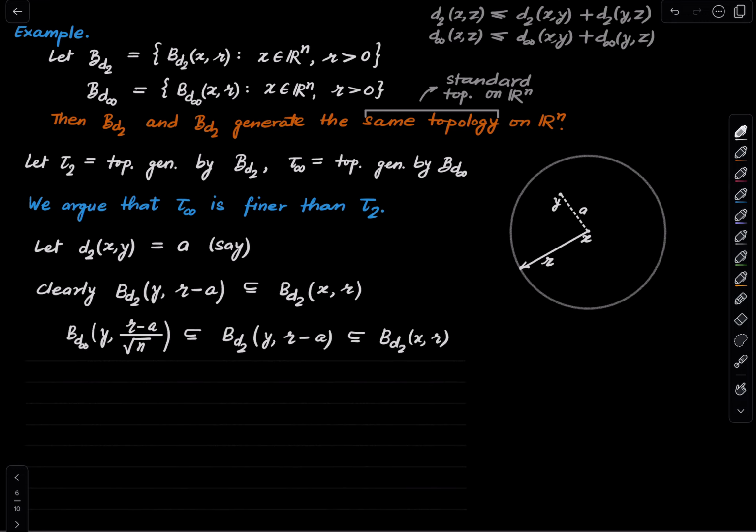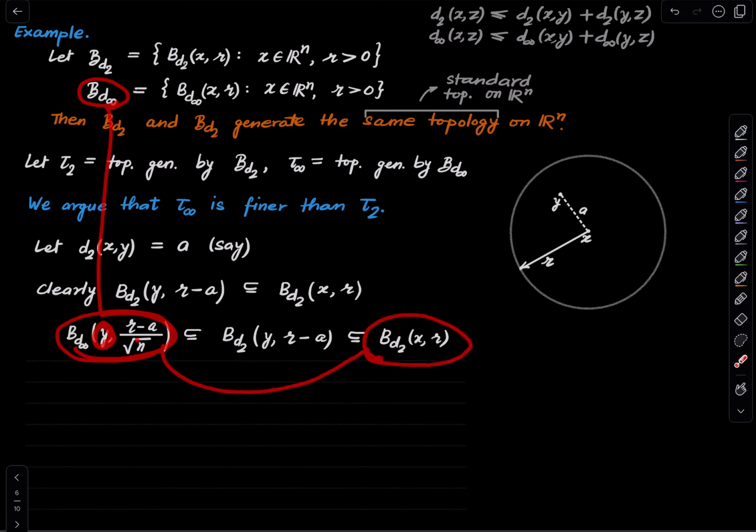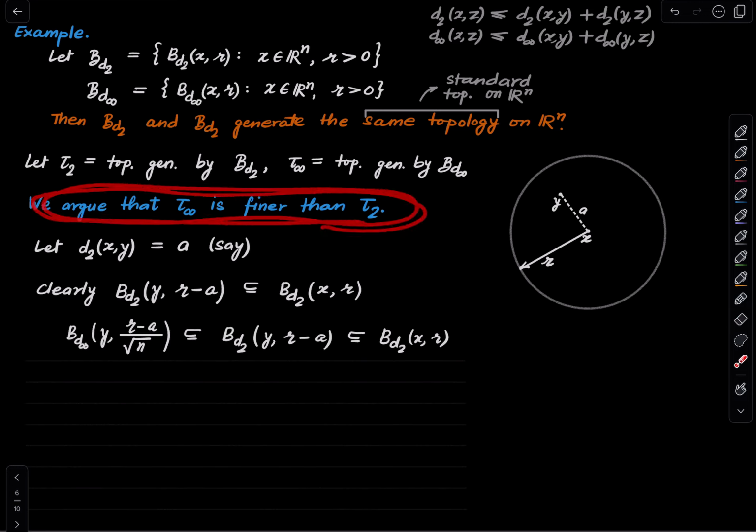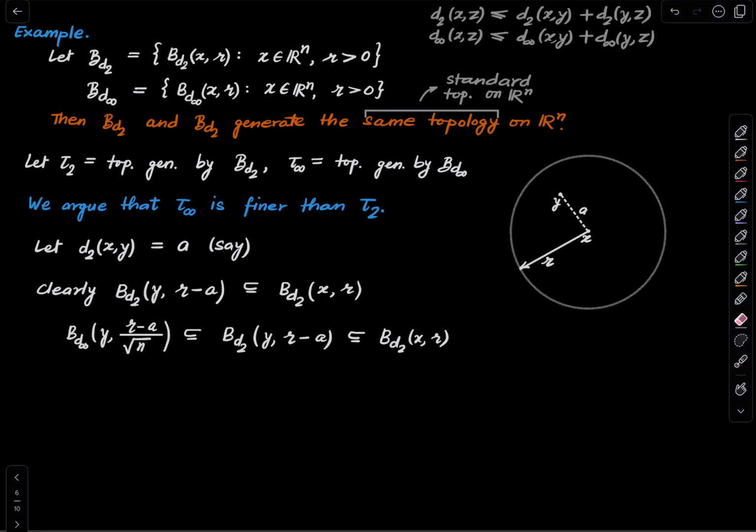And therefore, indeed, there is an element of the second basis, or the infinity basis if you like, which contains y, and which is contained in the chosen basis element of the first basis, the 2 basis. And therefore, by the previous proposition, we have proven that tau infinity is finer than tau 2. And by the same kind of argument, you can prove that tau 2 is finer than tau infinity, because